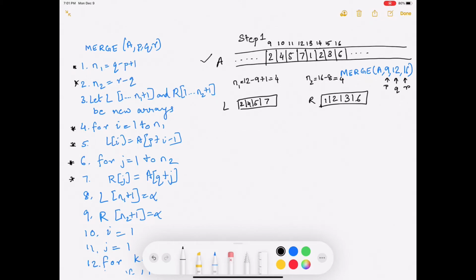In step 2, we are going to look at lines 8 and 9. So what we are going to do is, we are going to increase the size of L and R, because they both, not increase, put the last element to be infinity. That will be useful for some comparison. So at this point, I've not still explained the algorithm. I'm just laying the foundation, and then we will explain the algorithm so it becomes easy for you to understand what's happening here. So let's once again